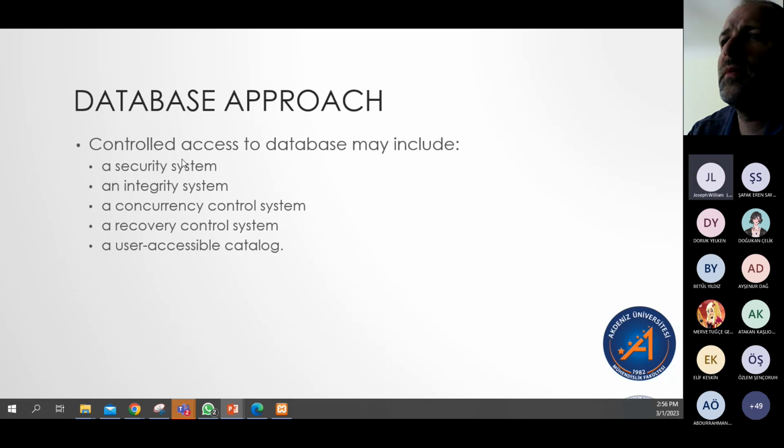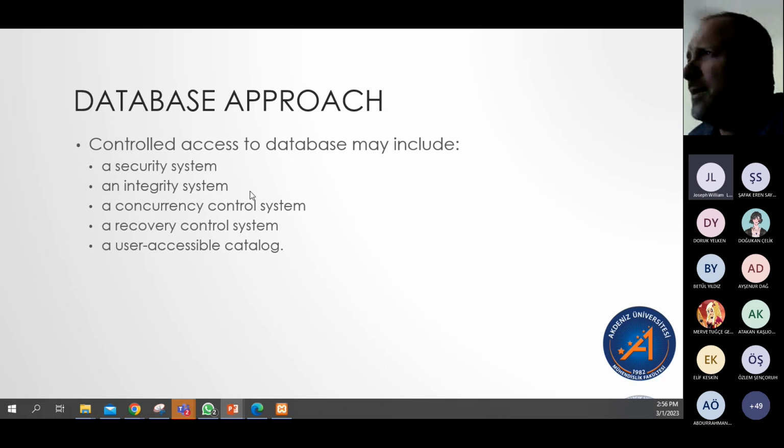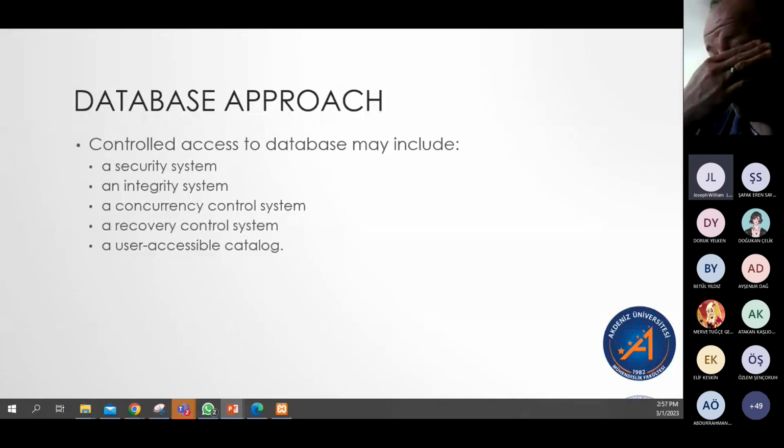Data integrity. An integrity constraint would be making sure that there's no duplication in what's called the primary key. We'll talk about that. Concurrency, making sure that data stays concurrent. The same data item, if it has a certain value, is going to be the same value across all times that it is used. A recovery control system, this is more like a backup type of situation, right? And then,